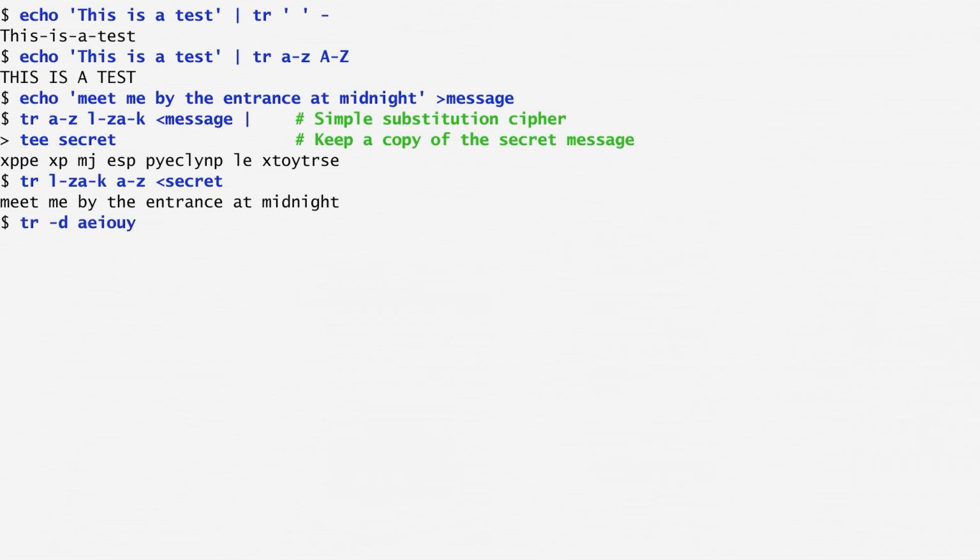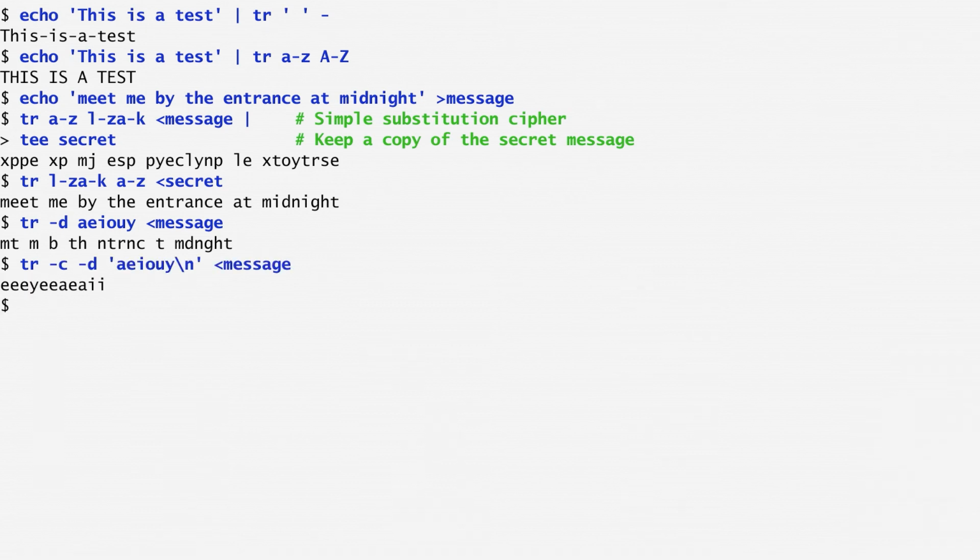The -d option to tr deletes characters of a specified set. In this case, I delete all vowels. The resulting message contains only consonants and it's just about readable. On the other hand, the -c option complements the specified character set. Deleting the complement of the vowel set, so all consonants, outputs a message that is even less readable, demonstrating that consonants carry more information than vowels. This may explain why the scripts of all Semitic languages, Arabic, Hebrew, Aramaic, etc., base their writing on them.